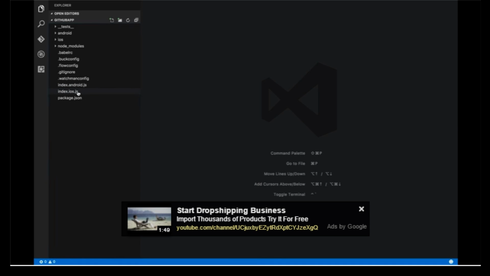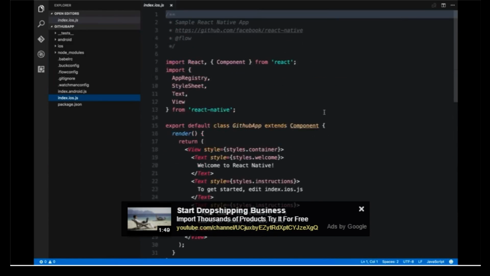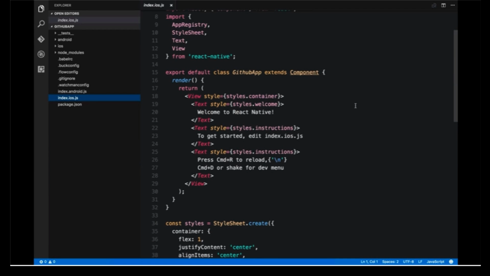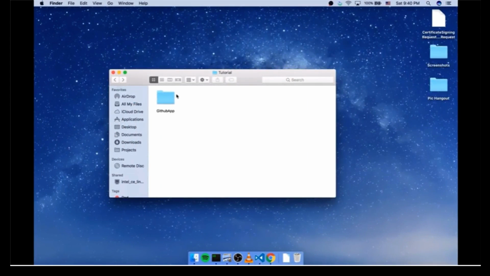So I'm gonna look at this file. You can see there is a template here that was generated by React Native CLI. Now let's see how this app will look like on an actual device. I'm gonna use Xcode for simulating an iOS device. You'll need to open this directory and go inside the iOS directory. There's an Xcode project file here. I'm gonna open it,